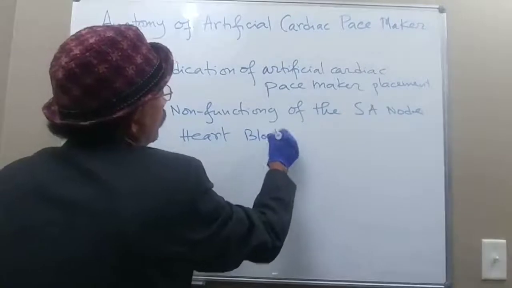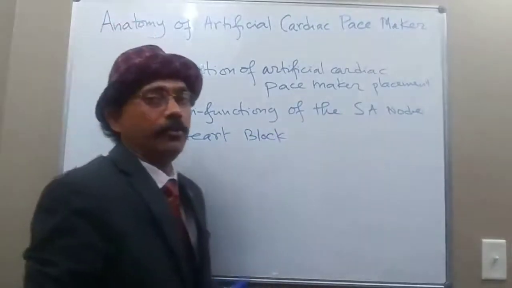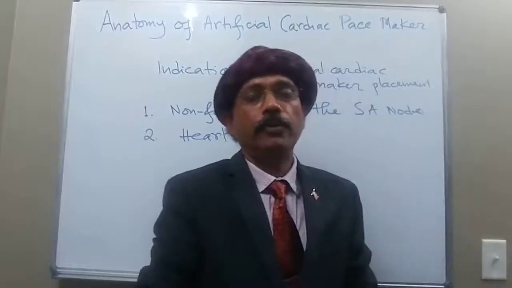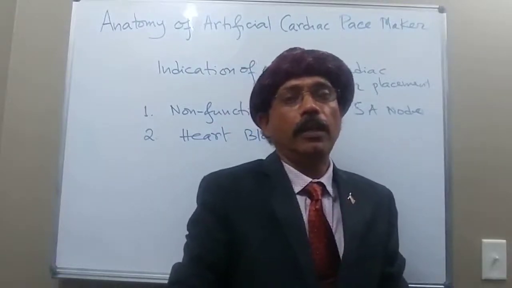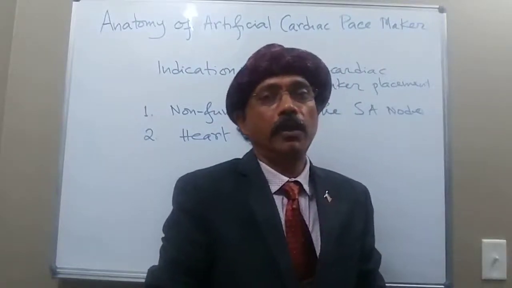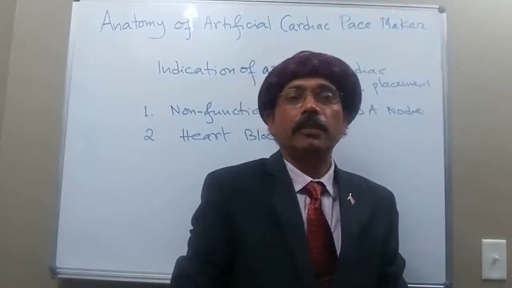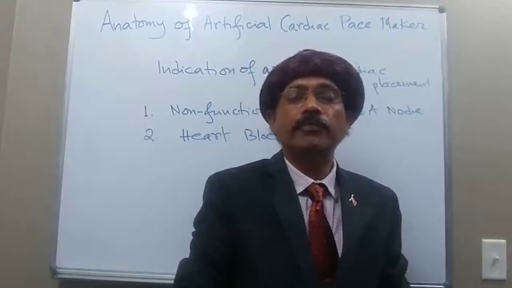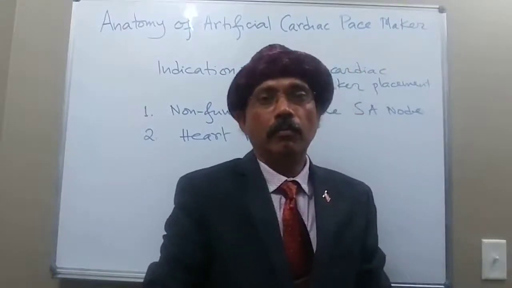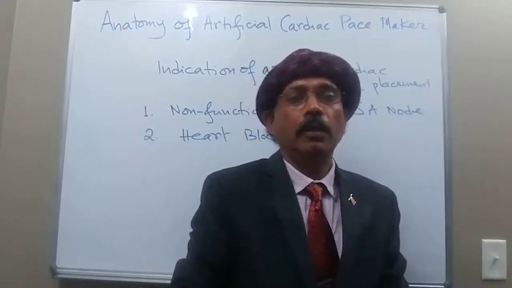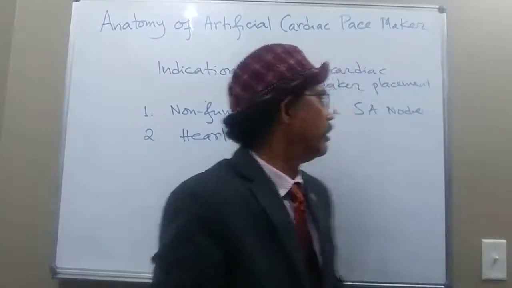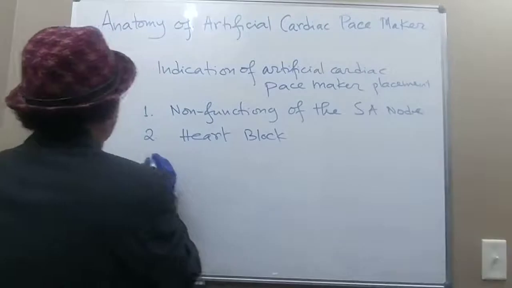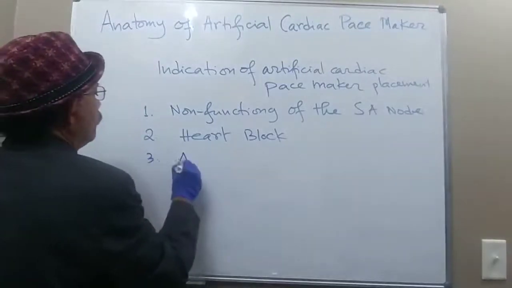We know that the impulse goes from the SA node to the AV node, bundle of His, then the right and left branches of the AV bundle, then through the Purkinje fibers to the muscles of the left ventricle and right ventricle. So if there is any heart block or atrial fibrillation,